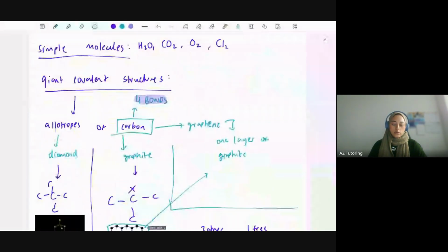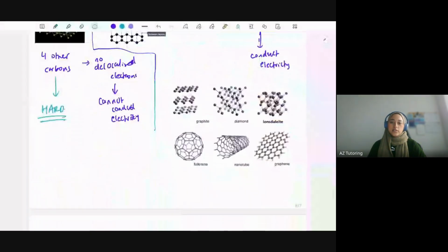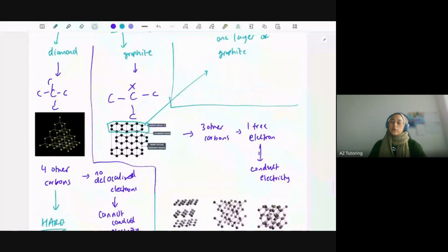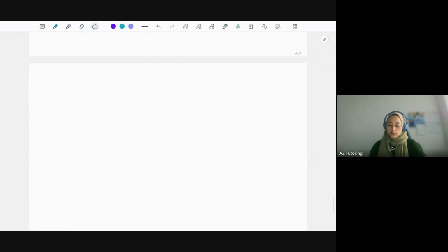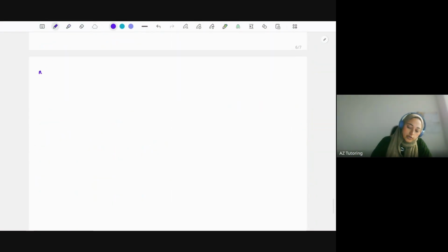There is one other thing I forgot to mention as well. Polymers, which are plastics, are also covalently bonded, so non-metals, but we're going to talk a little bit about that after as well. So with metallic bonding as well,